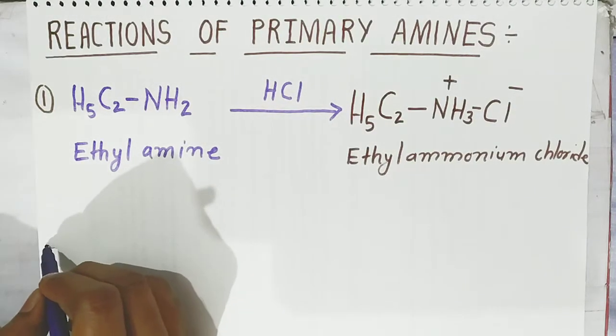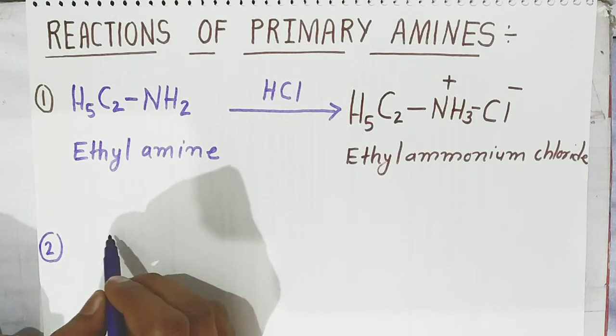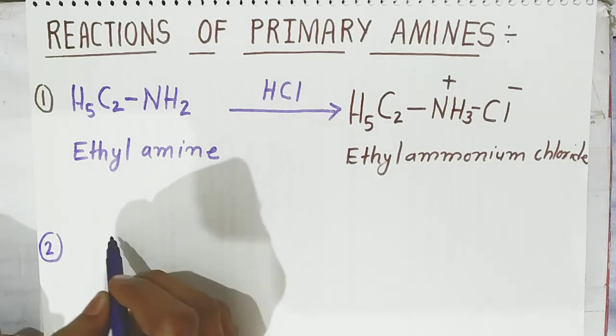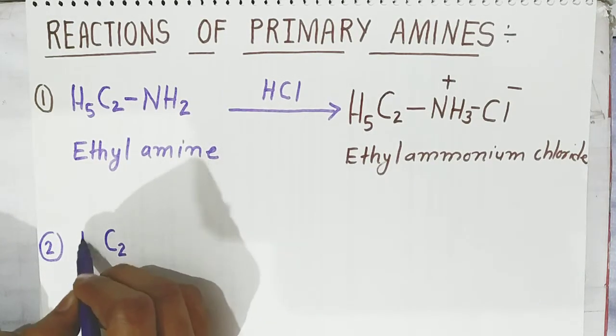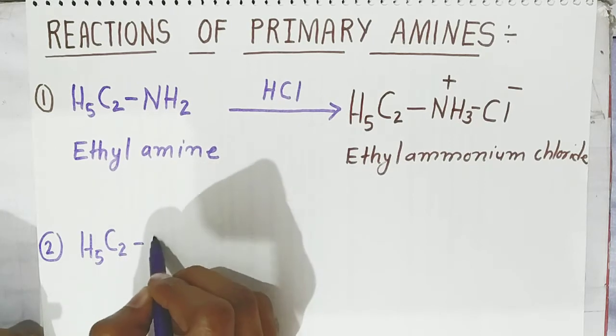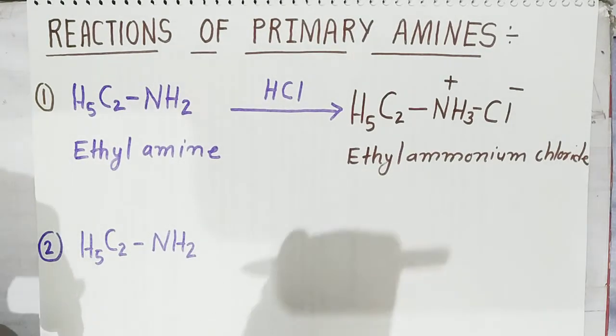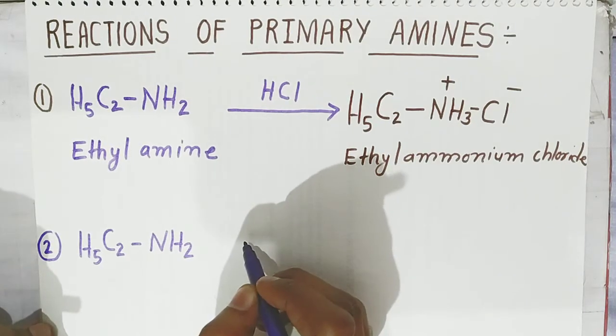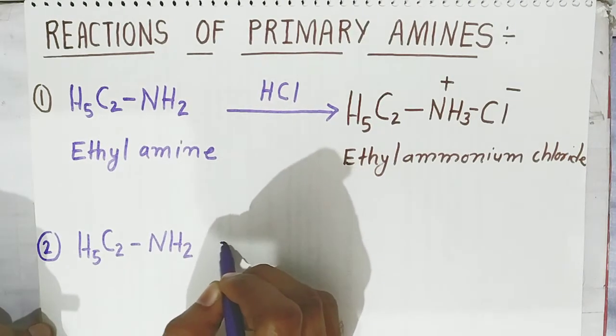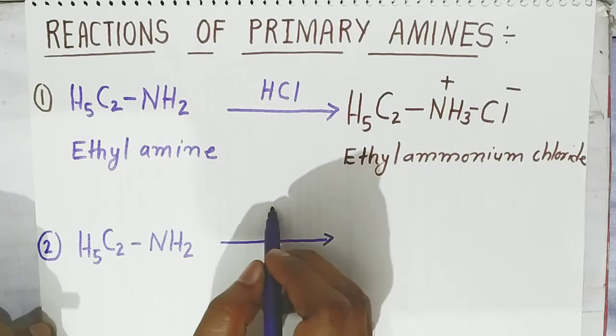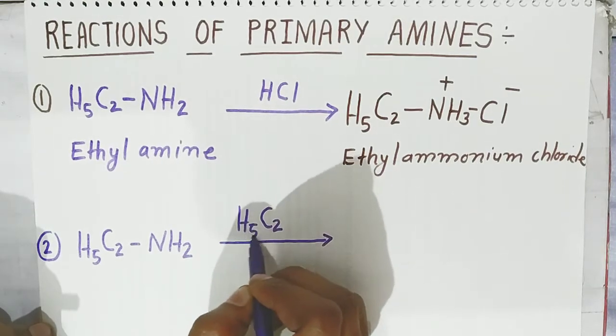Now, students, second reaction of primary amines. Same primary amine we are using, students. The simplest primary amine, that is ethylamine I am taking. It may be methylamine also. So a 2 carbon containing compound, ethyl and amine. Now what happens, students? Here you have to pass the ethyl iodide halogen. We are passing ethyl iodide, C2H5I.